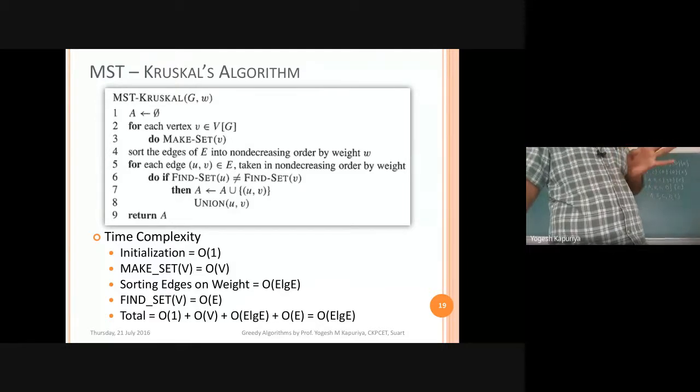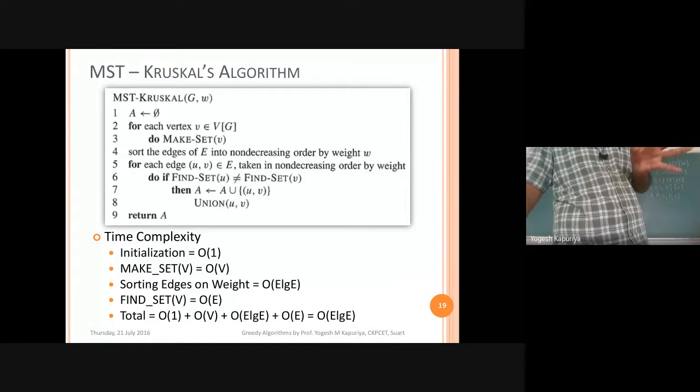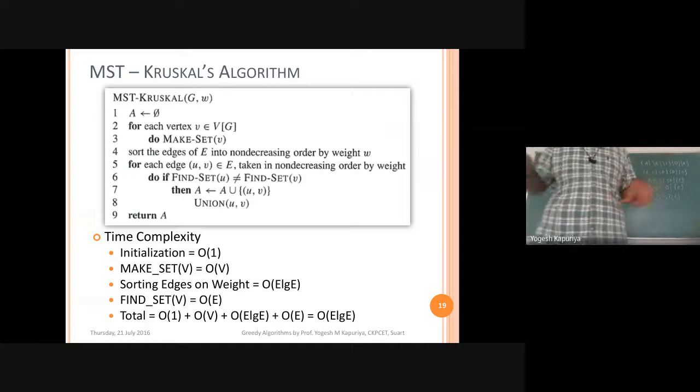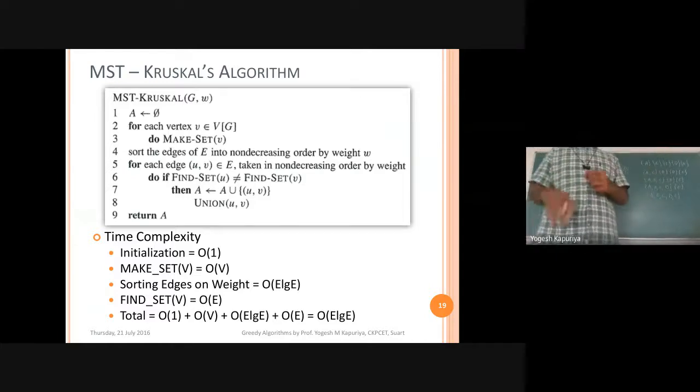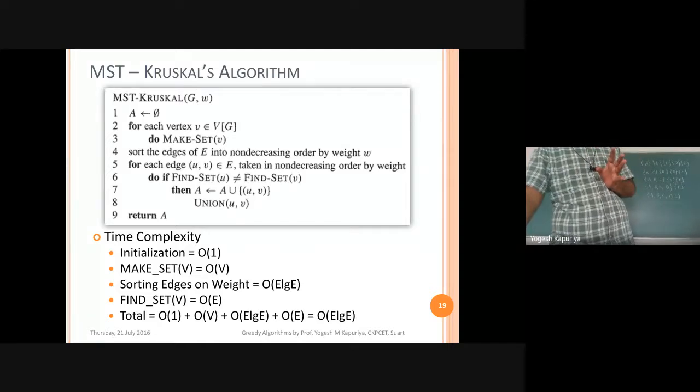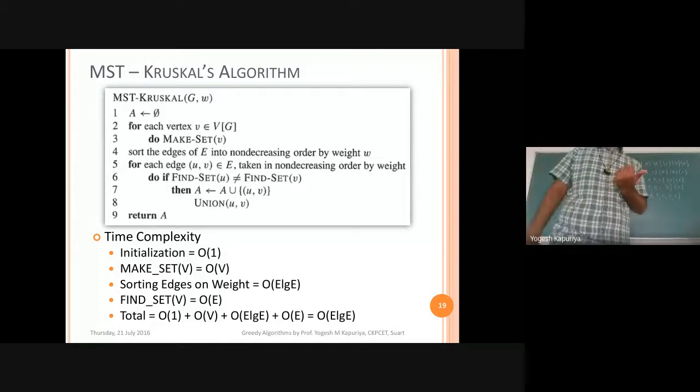Whether you go for merge sort or quick sort, these two are considered the most efficient generic sorting techniques, as far as your syllabus and course curriculum are concerned. So the time complexity of that is also n log n.